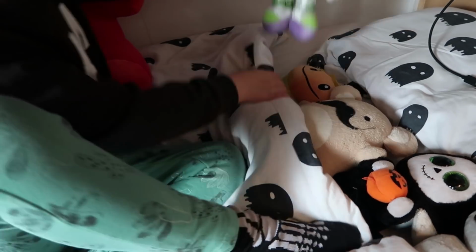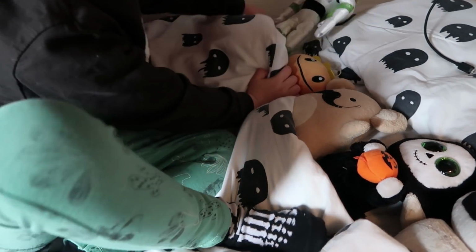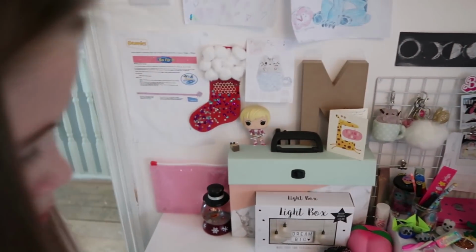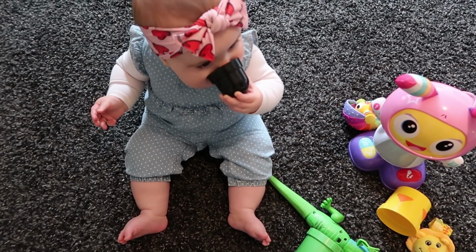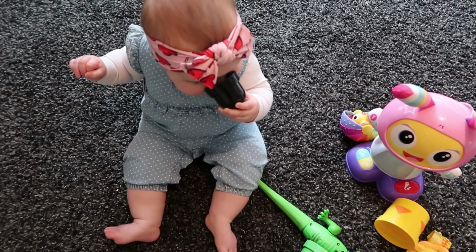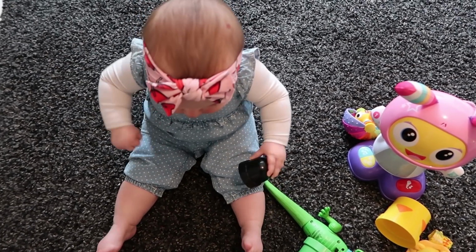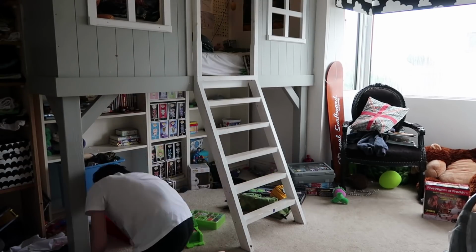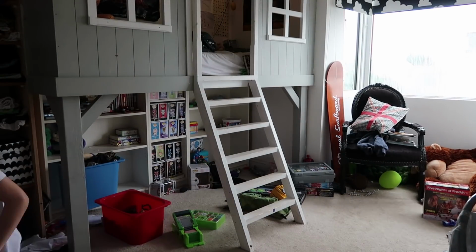Aiden takes the opportunity to tidy up all of his stuffed toys, of which there are many, and Merrin gets to work on her desk, which is always one of the messiest parts of her room. Drives me mad actually. She always leaves everything out on it and then tries to do her homework surrounded by stuff, so I'm always nagging her to tidy her desk. Marnie is doing a great job of supervising everybody while they're tidying,